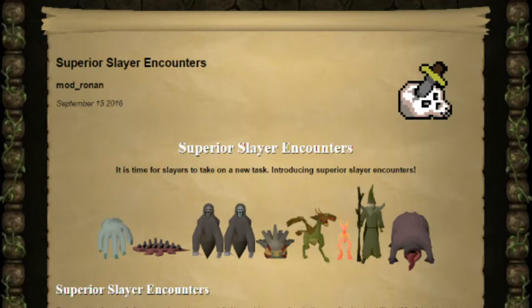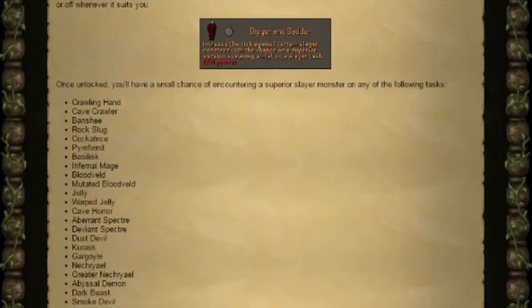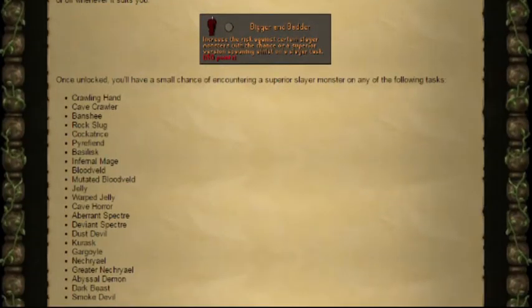This is for the superior Slayer encounters. Superior Slayer encounters are a way of breaking up the grind of Slayer, with a rare chance of a superior Slayer encounter spawning for the following creatures: Crawling Hands, Cave Crawlers, Banshees, Rock Slugs, Cockatrices, Pyrefiends, Basilisks, Infernal Mages, Bloodvelds,